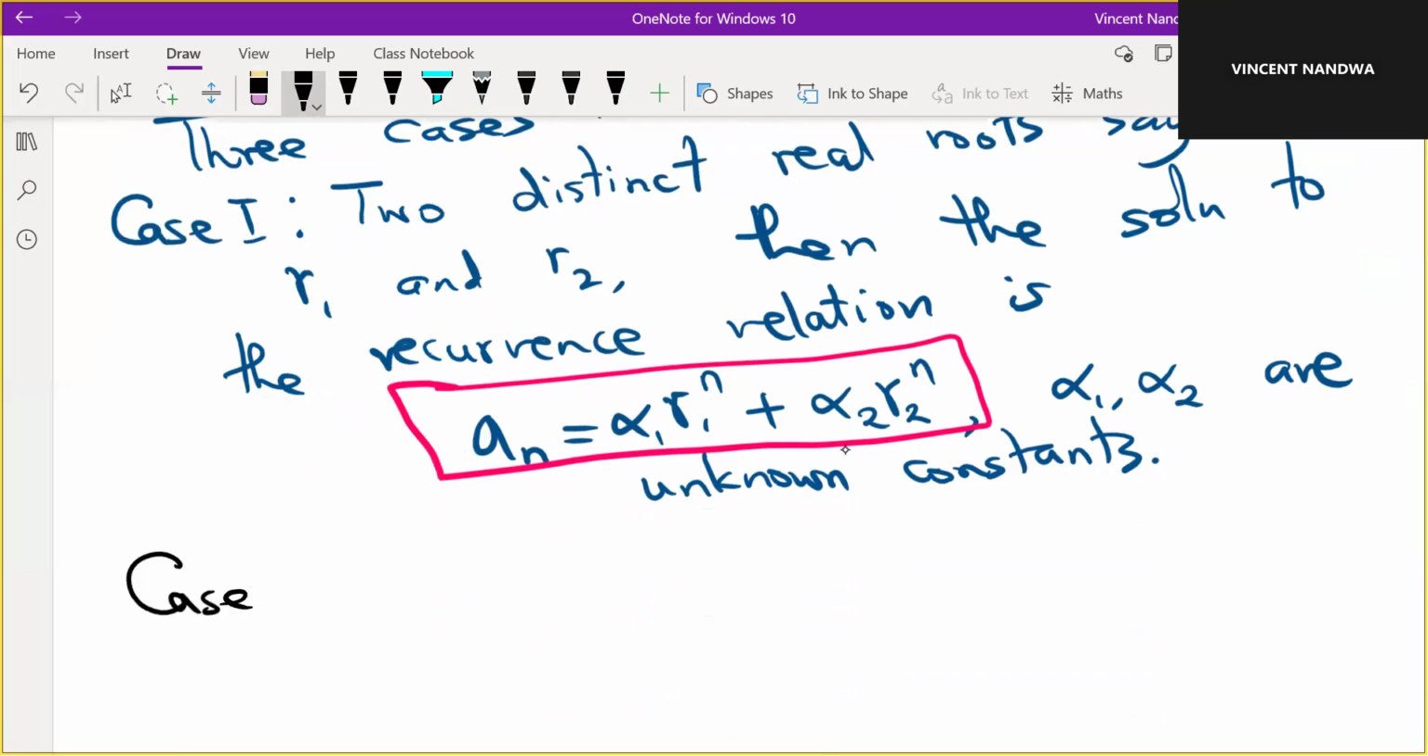Then what is another case? If you are solving a quadratic equation, apart from having 2 distinct roots, what else are you likely to get also? Which other possibility are you also able to get when you're solving quadratic? Apart from 2 distinct roots, we can have